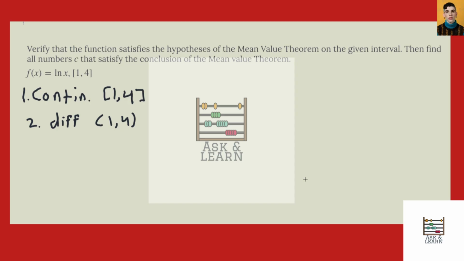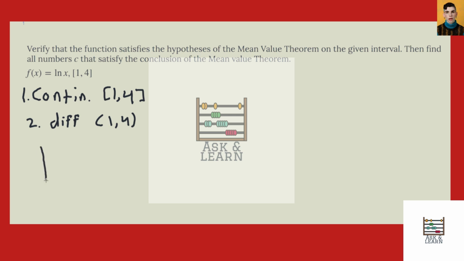Okay, so we are now being asked to verify that the function satisfies the hypothesis of the mean value theorem on the given interval, and then we're being asked to find all numbers c that satisfy the conclusion of the mean value theorem. So our function in this case is f of x equals ln of x,